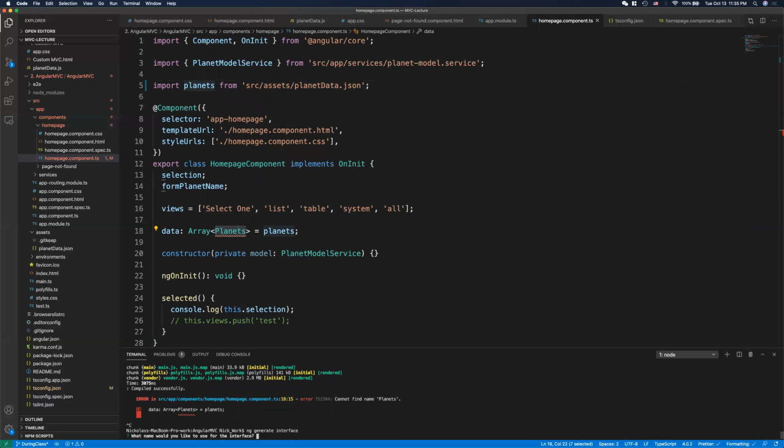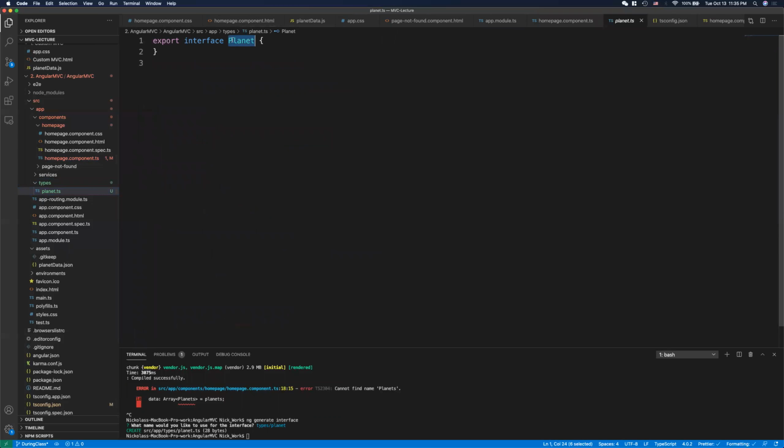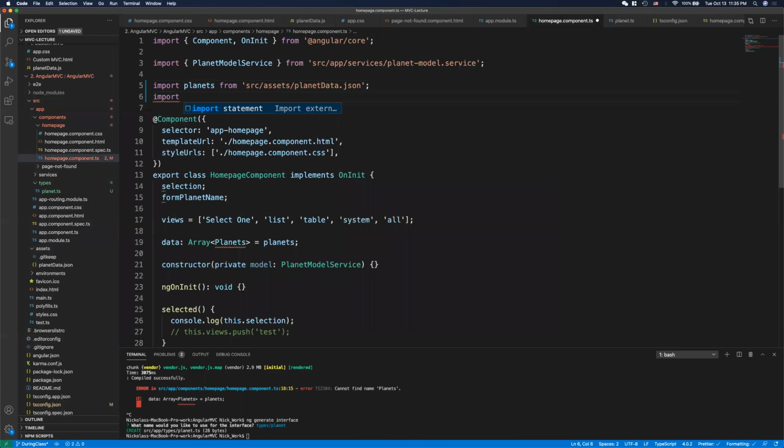Okay, and in the challenge documentation, if you read, it says to do one called types/ and the type we're going to have here is planet. So I can do planet with the lowercase p, that's okay. You'll see if I do a lowercase p, the file name will be lowercase p planet, but inside the interface will be with a capital P. So once I create the interface, if I come over here and import it, so now I'm going to import planets with a capital P